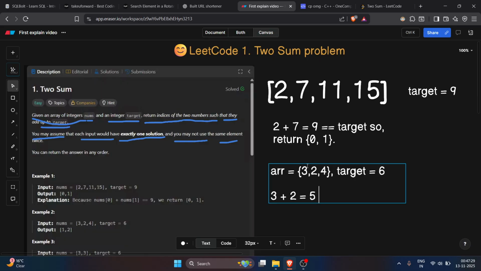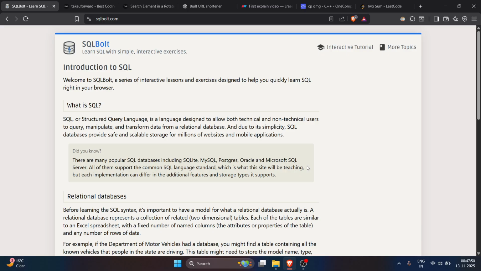Is this number equal to 6 or not? No, it is not equal to 6. So we move ahead to the next element. 3 plus 4 is equal to 7,